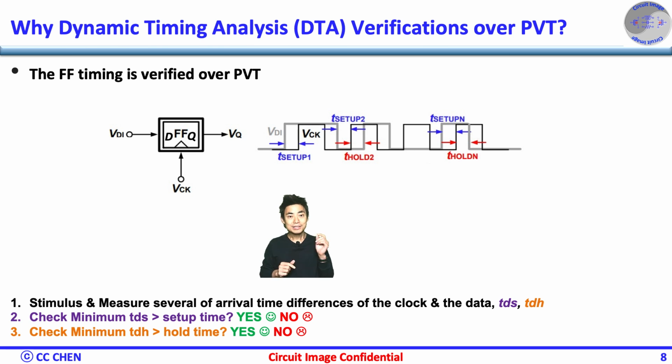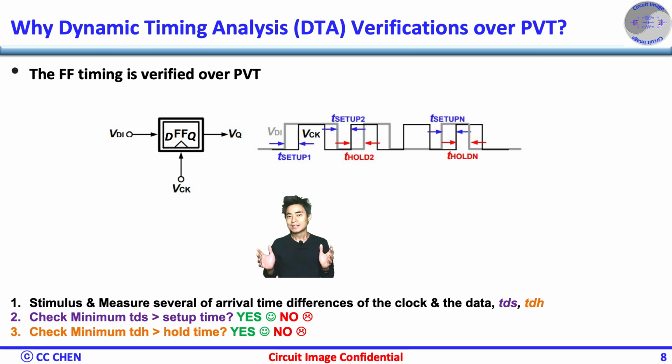Bingo! We must add a stimulus for the data and clock in your verification or design target. Since both the data and clock are synchronous, the timing diagram shows you the phase delay between the data and clock transition is bounded. Then you should measure lots of arrival time difference of the clock lagging the data, TDS, then pick the minima TDS from every flop as your benchmark and see if it meets the setup time or